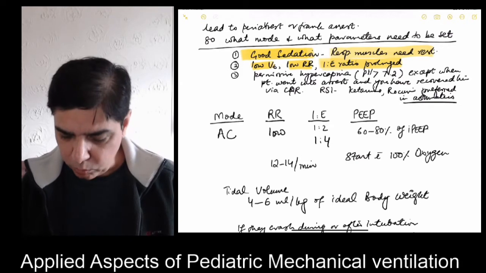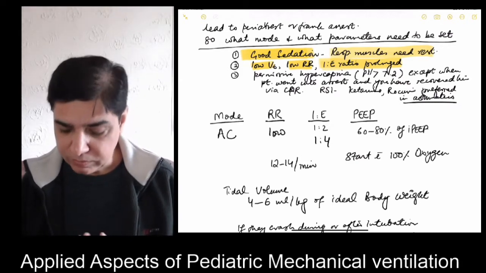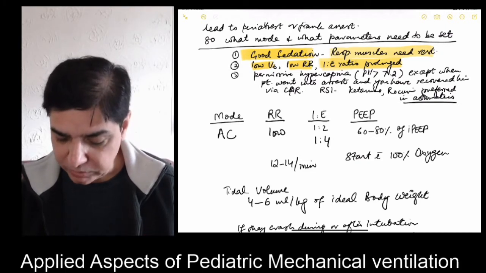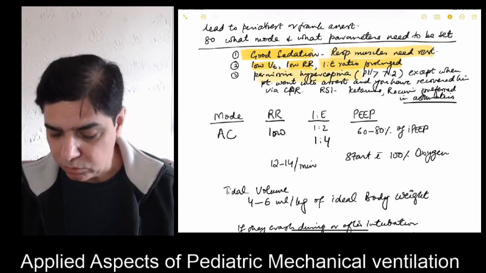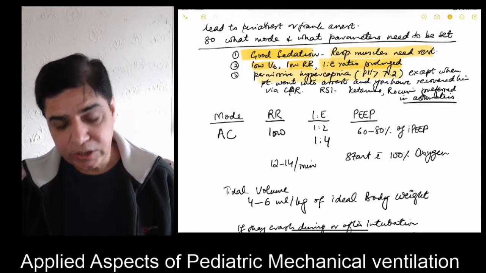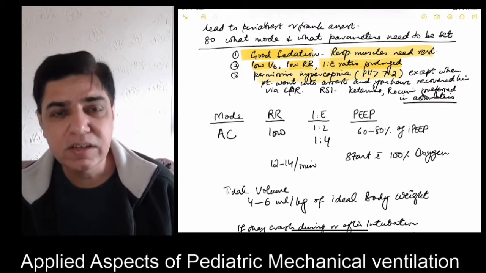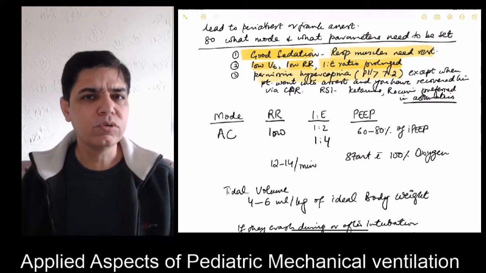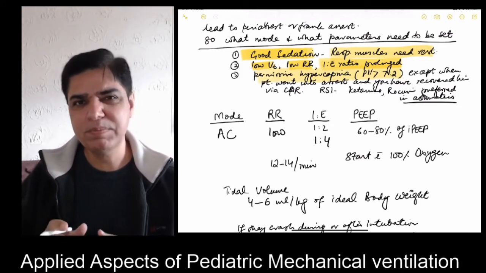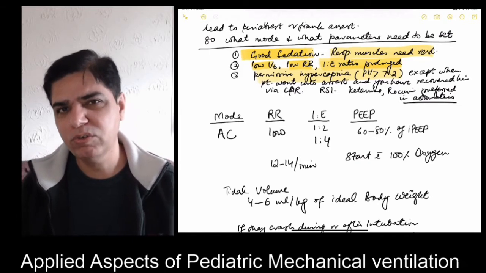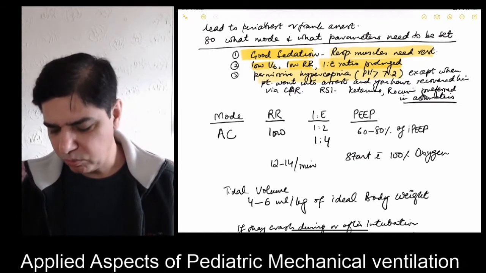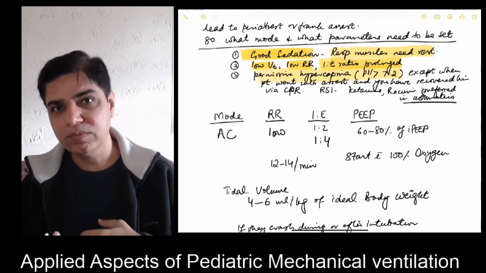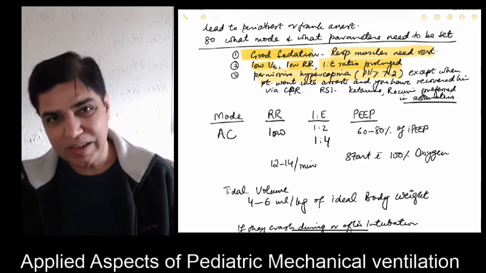papers which have studied permissive hypercapnia, and there is a school of thought that recommends permissive hypercapnia if you are using mechanical ventilation for an asthmatic child. What does that mean? It means that the pH should be kept more than 7.2. Obviously, you are not aiming for the normal pH, but you are keeping it in a mild acidotic range, so you are keeping it at least greater than 7.2. So we call it permissive hypercapnia, where you're still not blowing off the whole of the carbon dioxide, keeping a little bit of that in,